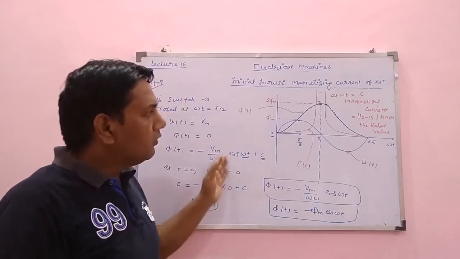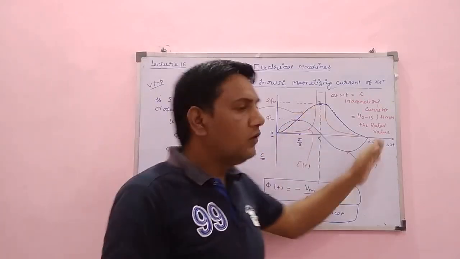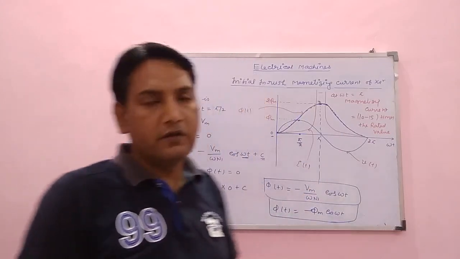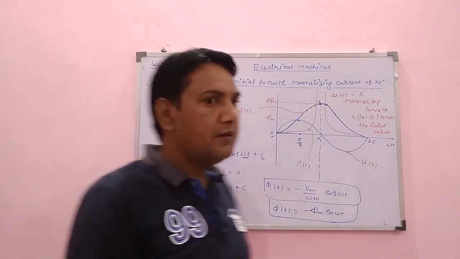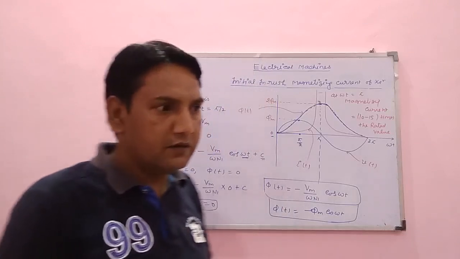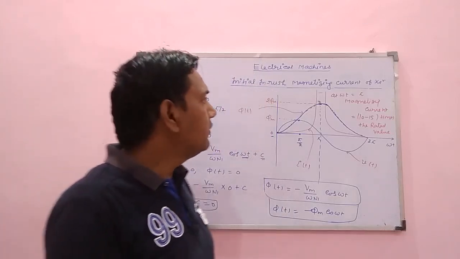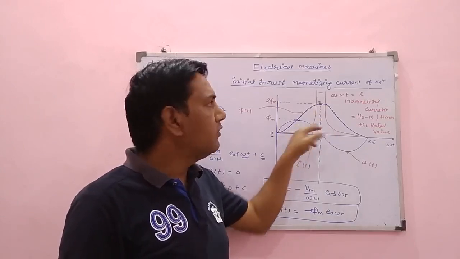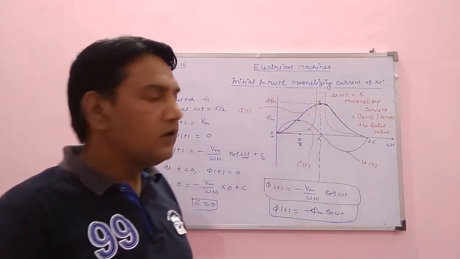Okay. Also this initial inrush current can be minimized when the transformer is switched on under load condition. You know, in load condition the load flux opposes the main magnetic flux. When it opposes the main magnetic flux, the main magnetic flux decreases, so your magnetizing current will be reduced.